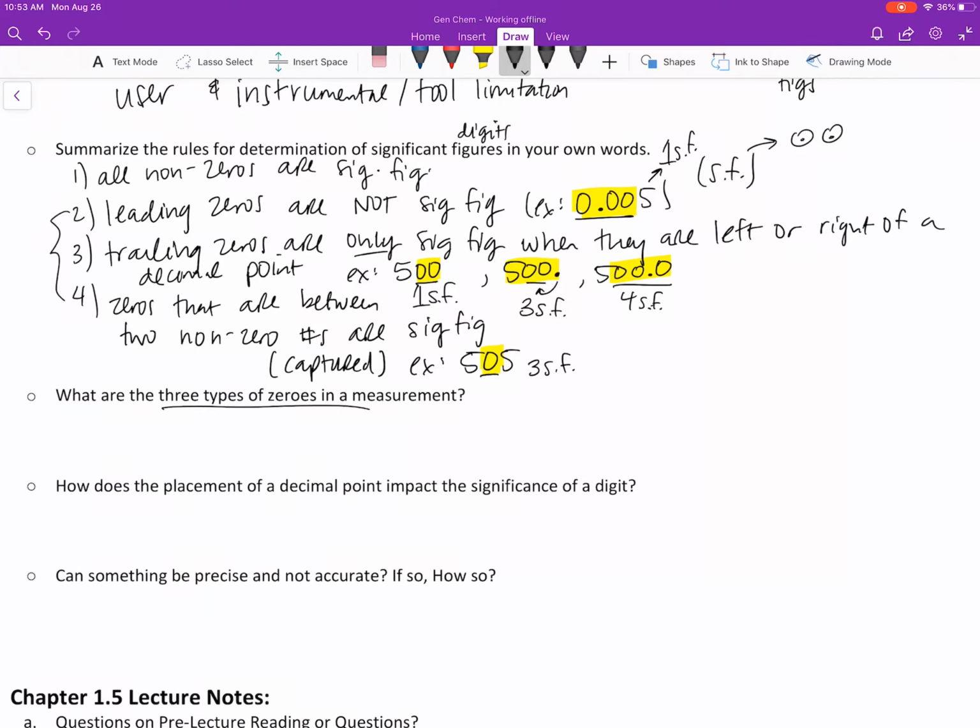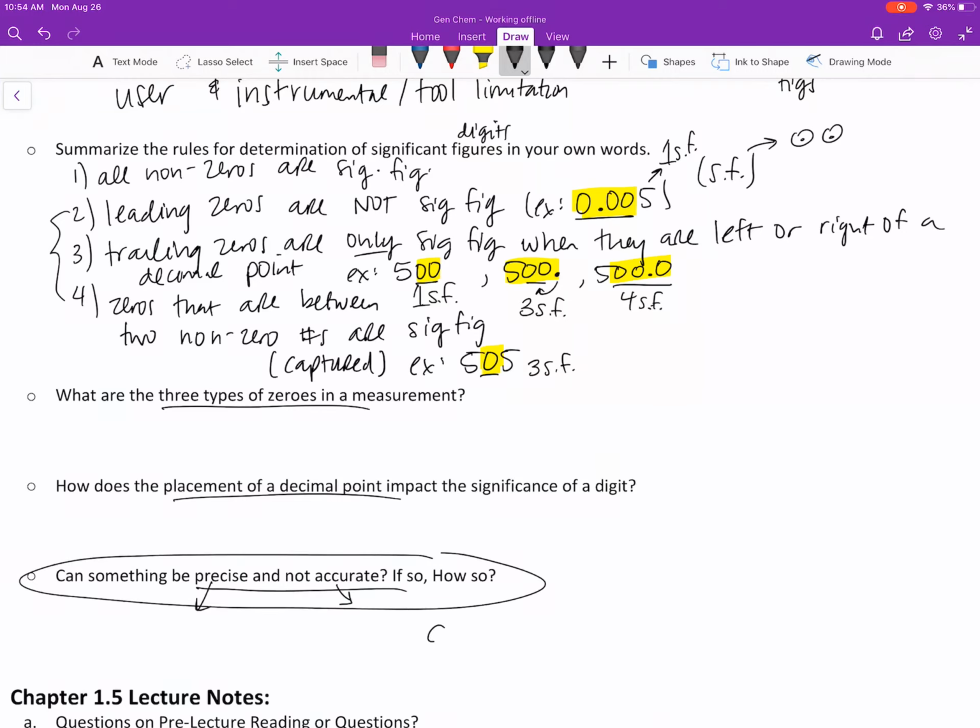So this addresses the 3 types of zeros. This also addresses the placement of the decimal point, how it's important. And I want y'all to think about the difference between precision and accuracy to answer this question. And if you're not sure, ask Dr. Smith on Wednesday,